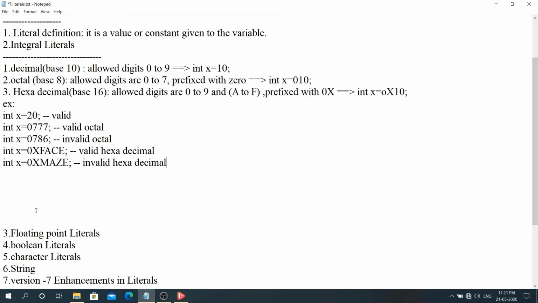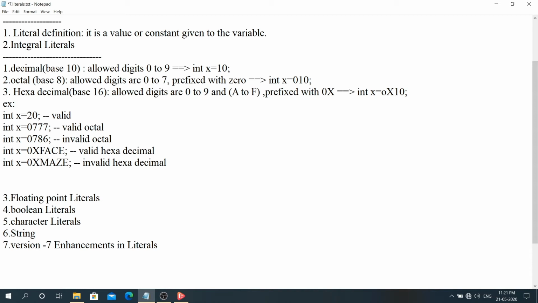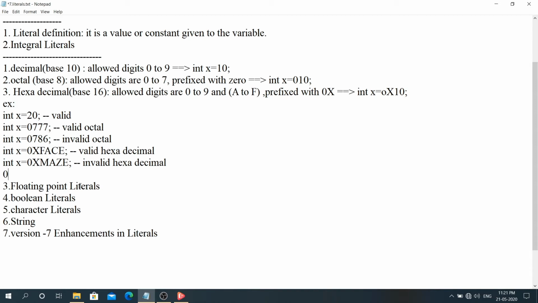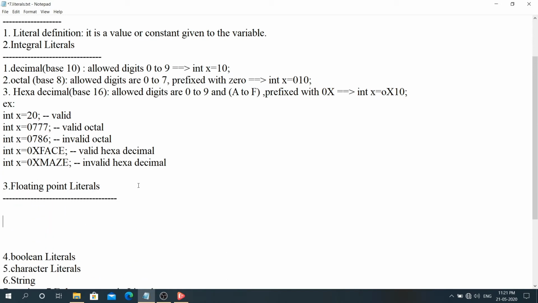Let me start the floating point literals. Floating point literals means how many ways we can store a floating point number. We know that by default a floating point number will be considered as double, not as float.